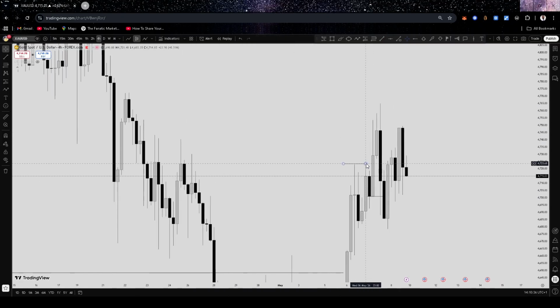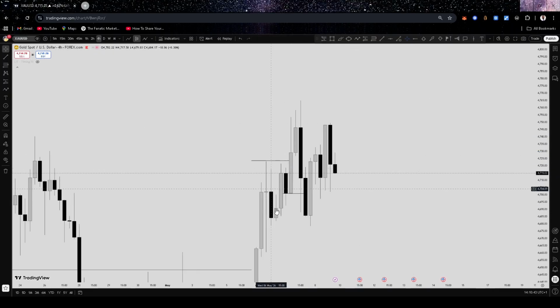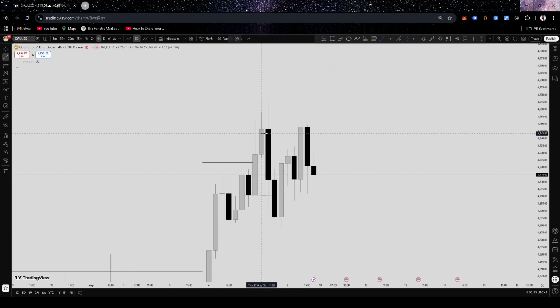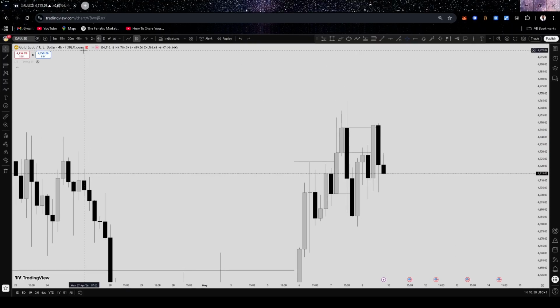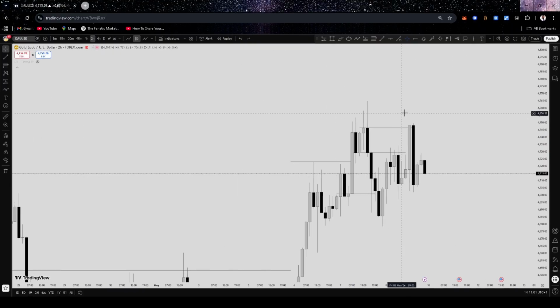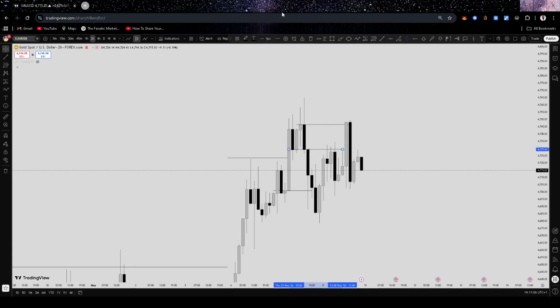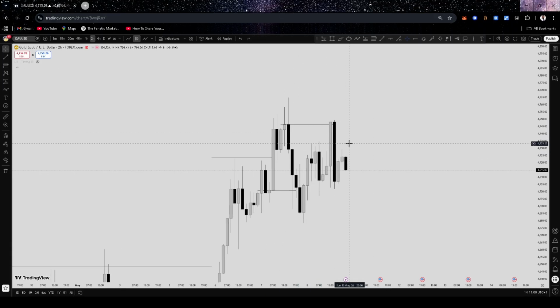Because price took out this previous daily high and then we broke structure, this was serving as a good entry for me. So I saw this was my first key level and this was my second level. I was expecting to see what price would do at that key level. On the 2 hours time frame, you can see this key level was fresh and also this key level was fresh, but I always trust the extreme,